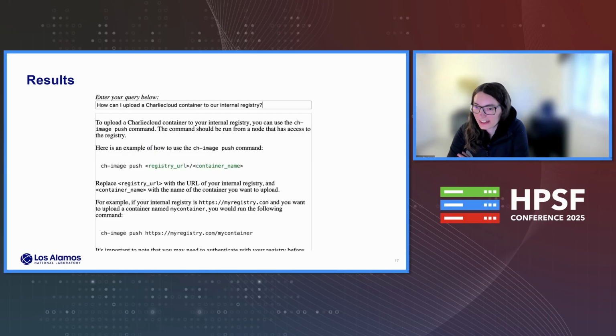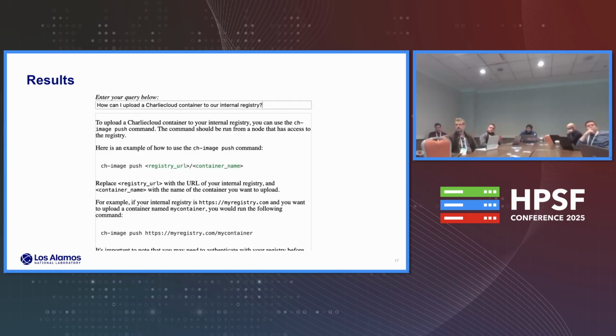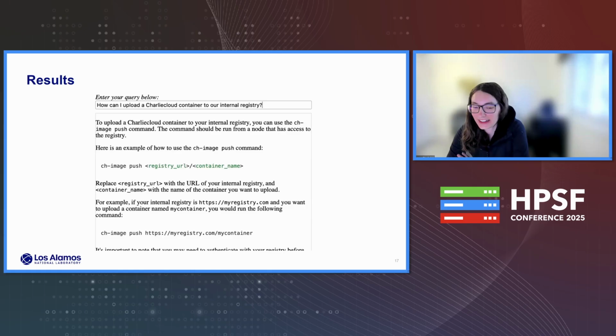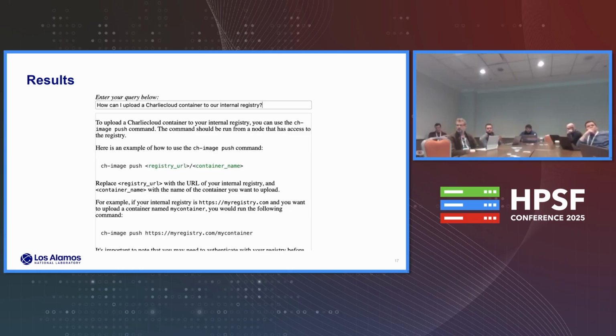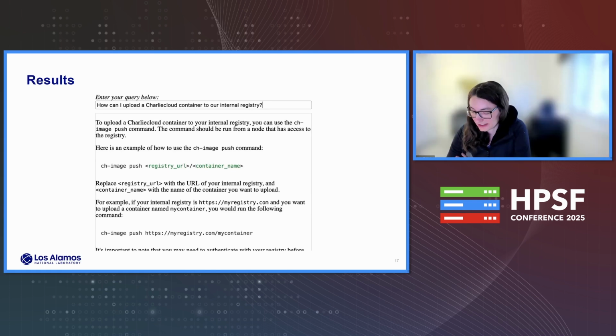How can I upload a Charliecloud container to our registry? I'm showing the results of this partly because it's very long. You can see it's cut off at the beginning. I included this to make the point that there's endless tweaking you could do to these types of tools. In my estimation, it gives you ch-image push, which is accurate, but it could be more concise.